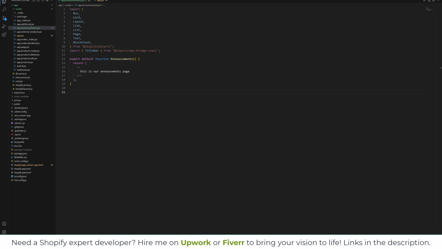So let's make it beautiful. Remove everything from here, and we are going to add a page component here. Inside page component, which we have imported from the Shopify Polaris, we are going to pass some props over here like title, announcements, and then